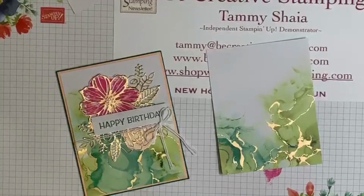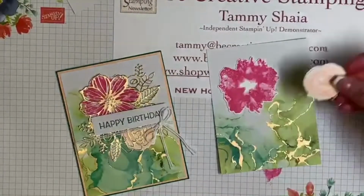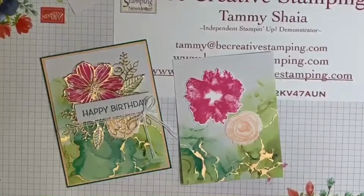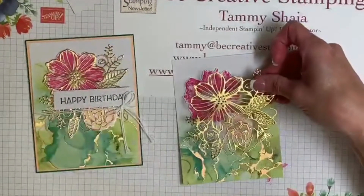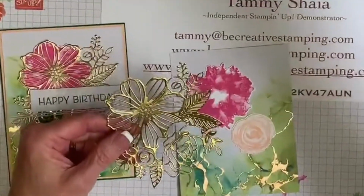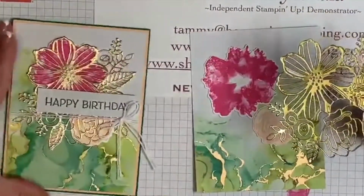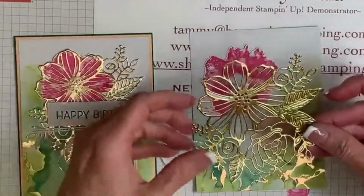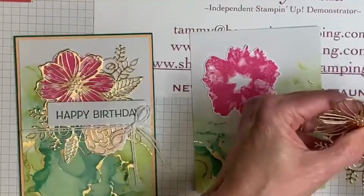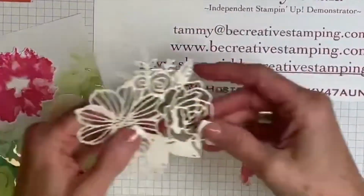Okay. Now you'll remember that we've already stamped the flower for the card, and we've already stamped the smaller flower for the card, okay? So at this point, we're ready to peel this, and we're going to stick it to these flowers. Now, these flowers do not line up perfectly, okay? So I don't want you to stress over that, okay? You just line it up the best you can, but they do not fit perfectly, and they just weren't designed to do that, okay? All right, so now we're going to peel this off and see if there is anything